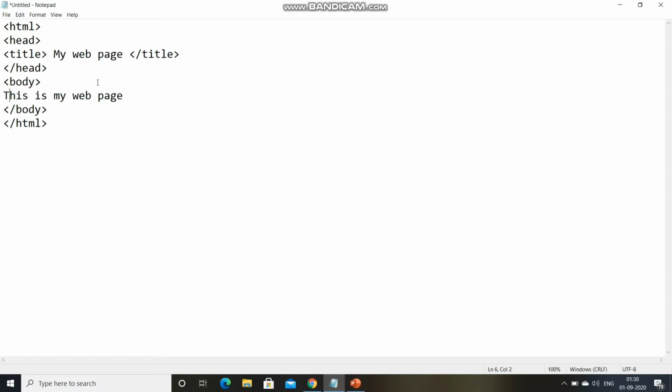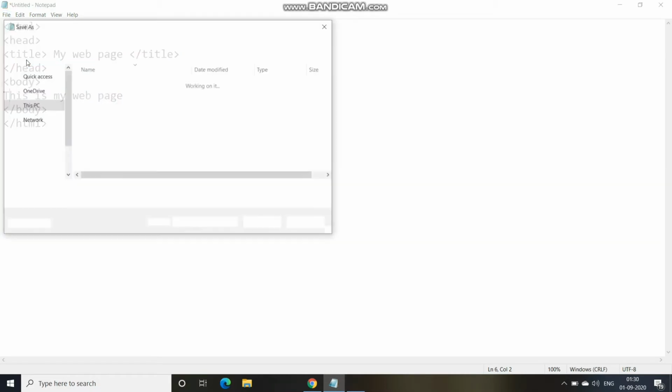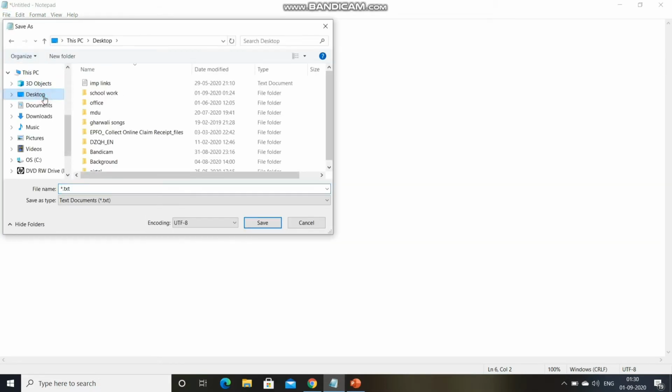For saving it, we have to go to File first. From there we choose Save As. I have clicked on Save As. Now I'm saving this file on the desktop. The most important thing while saving the HTML code is the file name. You can write anything as the file name, but the extension is important.